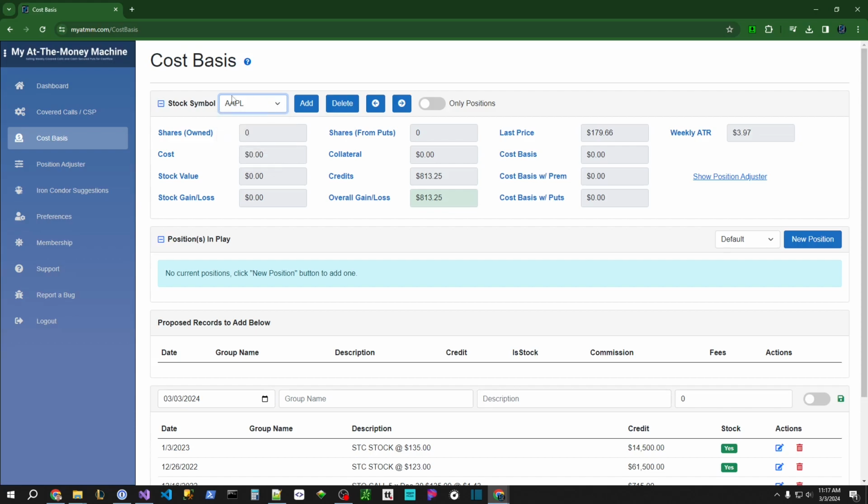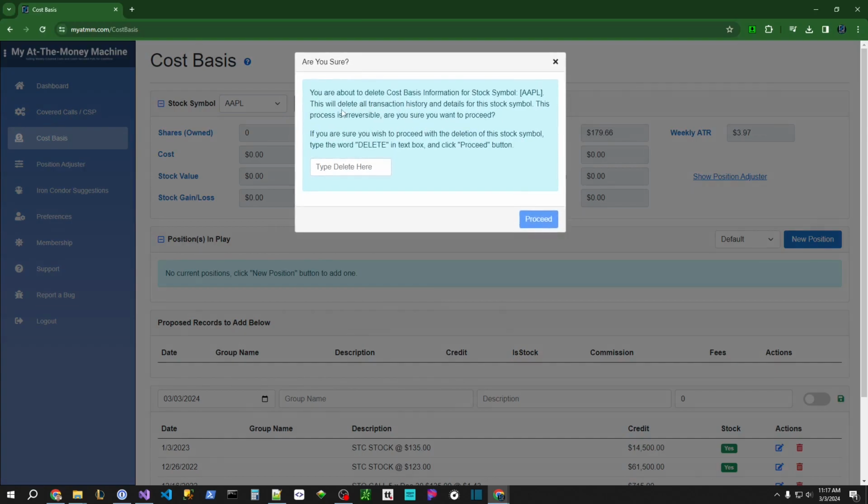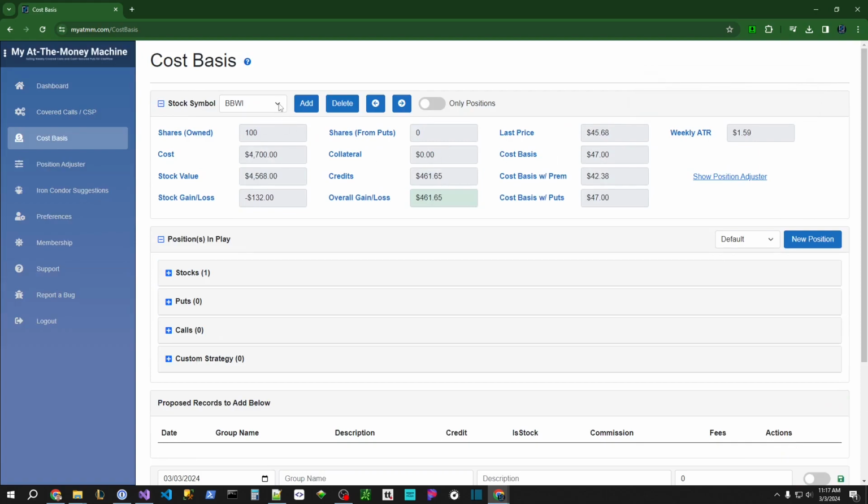So for Apple, for example, you would come over here and press the delete button. And again, this message here is just reiterating basically what I just said. It's going to delete all the transaction history and all the details for the stock symbol, so it's irreversible, and it's making sure you want to proceed, and it actually won't let you just click this button. You can't click this until you actually type the word delete right here, and then it'll enable it. Then you can click proceed, and then it will delete the stock ticker symbol from your screen,